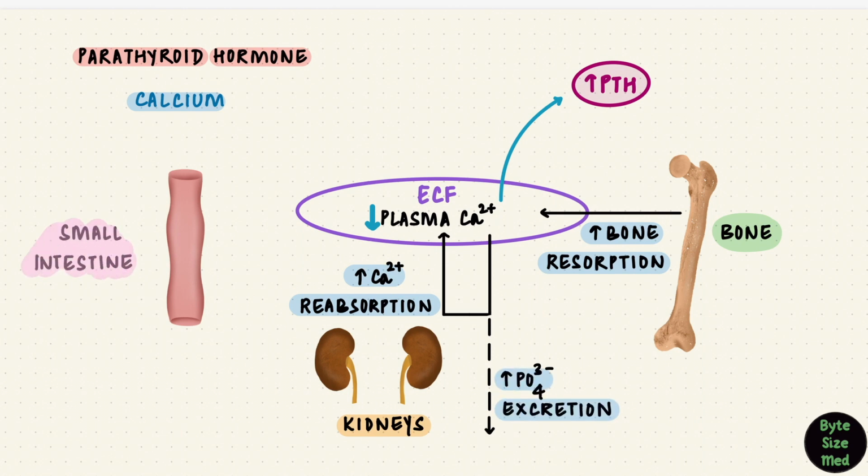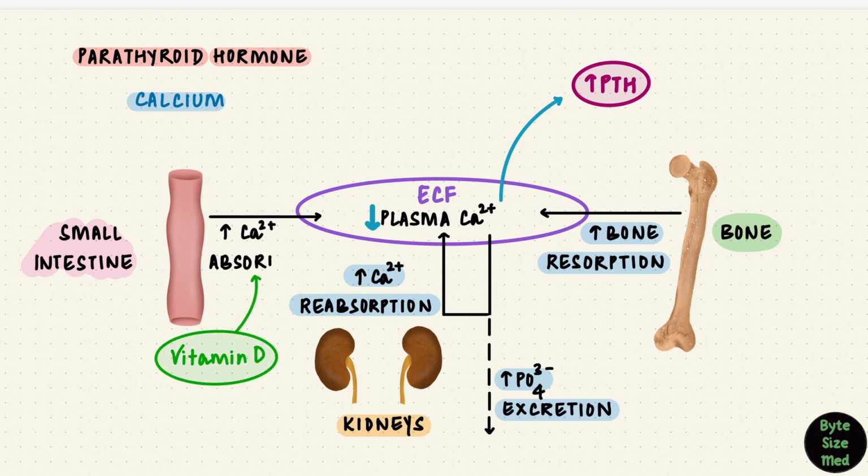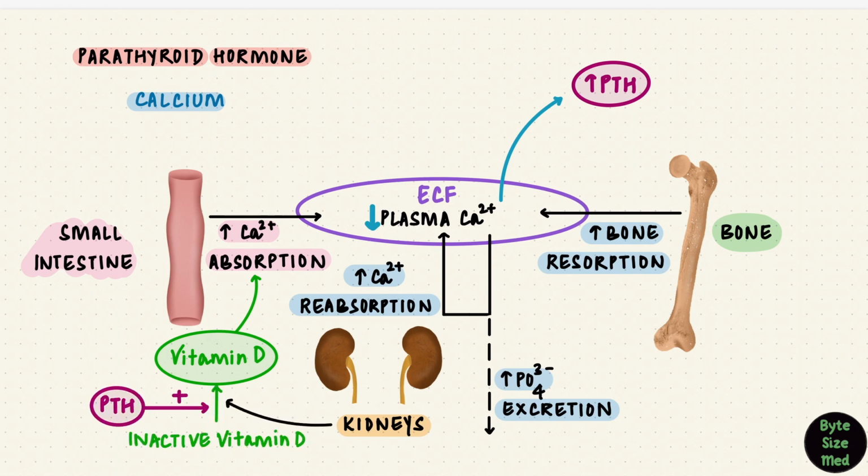In the intestines, it acts indirectly. It's actually vitamin D that increases calcium absorption from the small intestine. But PTH is needed for vitamin D to get converted to its active form in order to do this, indirectly increasing calcium. So, by acting on these three organs, when calcium is low, PTH can help bring it towards normal again. That's two hormones important for the regulation of calcium, PTH and vitamin D.